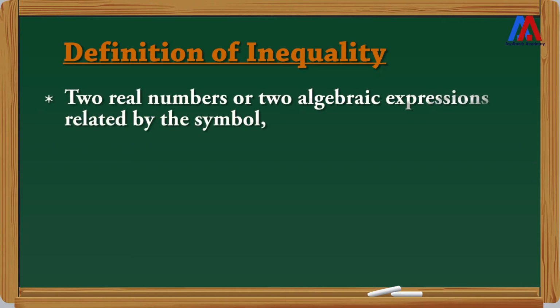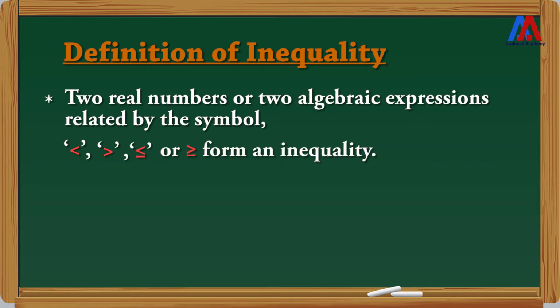Now we do not know exactly how many x and how many y, but what we know here is that 40x plus 20y has to be less than or equal to 120, which is the total amount Reshma is having. So this is another type of inequality which has two variables, that is x and y, which represent basically the number of registers and number of pens. So let us now define inequality. We can define inequality as two real numbers or two algebraic expressions related by the symbol less than, greater than, less than or equal to, or greater than or equal to.